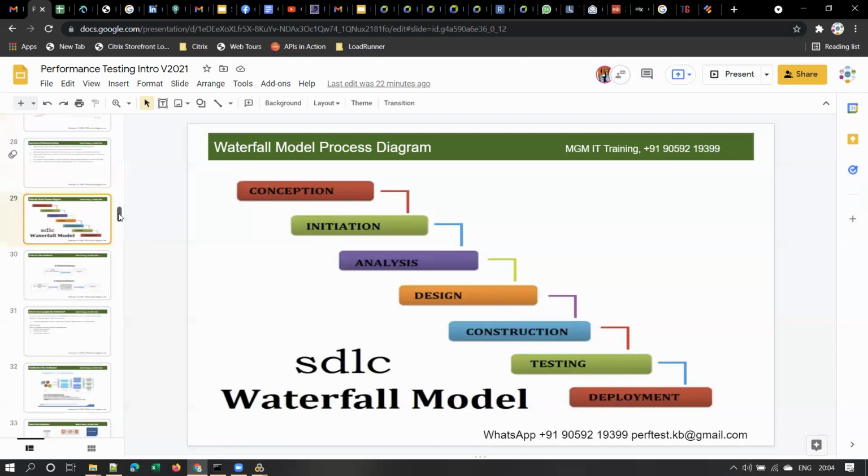But you understood the meaning of the waterfall model, everyone? In the waterfall model, each phase starts after the previous phase is completed. That means testing starts after development is completed. However, no one is following this waterfall model nowadays. It is suitable only for very small projects. Nowadays most companies follow the agile methodology, and we'll discuss it in detail once we complete scripting and executions. Okay.